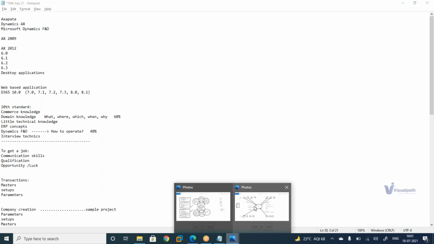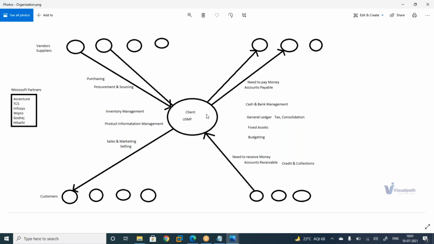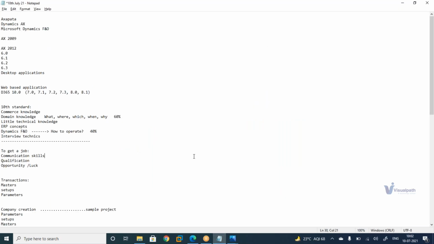So I will brief about what I'm going to teach. In the very first, I will teach you like you are going to get an opportunity in a company, like a partner's company. This is called Microsoft partner companies. Accenture, TCS, and all these things are Microsoft partners. This is if you are running a business. Suppose take the example of a mobile shop. If you have started a mobile shop, then what will you do? You will purchase from some companies. Those companies are called vendors or suppliers, and you are selling to some persons or companies, that is called customers. So I need to introduce each and every word to you. Then only you will understand. Otherwise, you cannot.